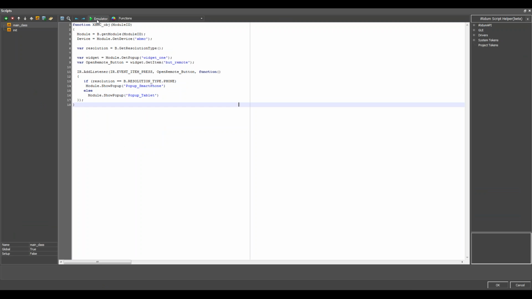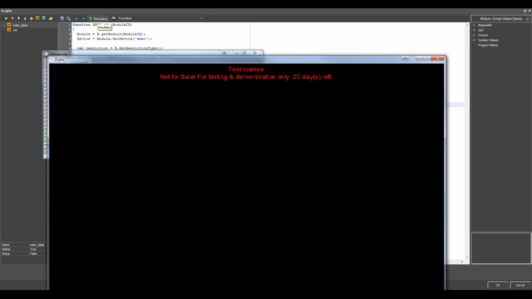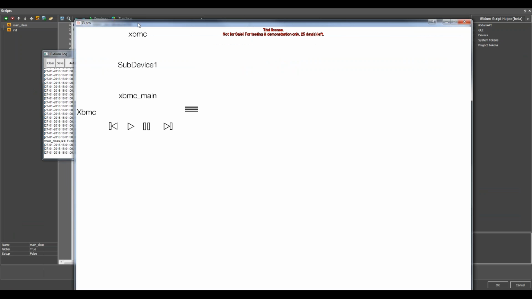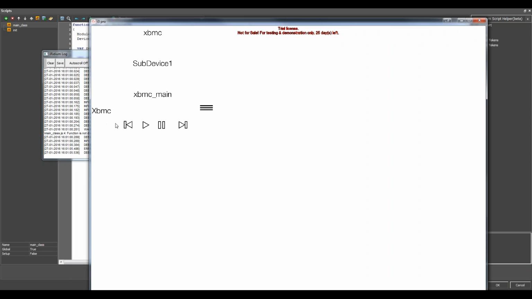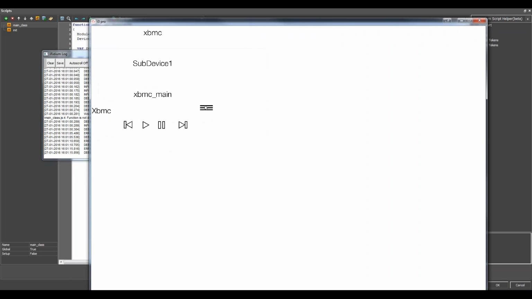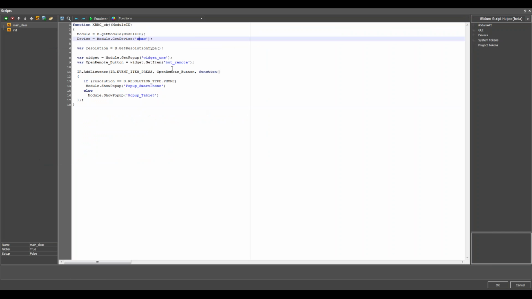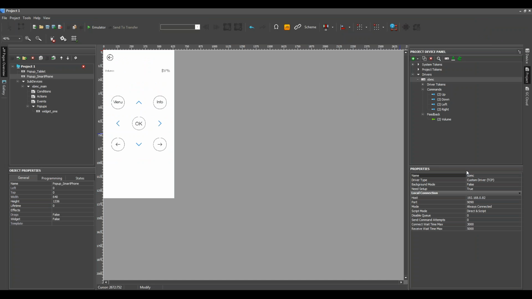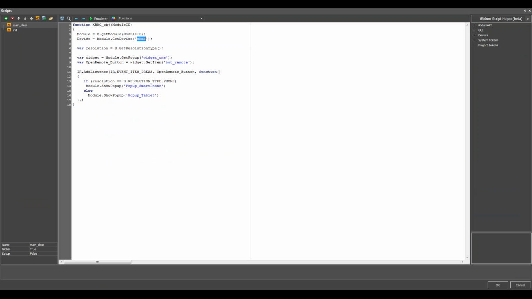Let's test it. Start the emulator. We have the new emulator with the i3Lite interface. So here I can see my label XBMC, my buttons. I have a function. I have an error. Module get device. Let's open it again.